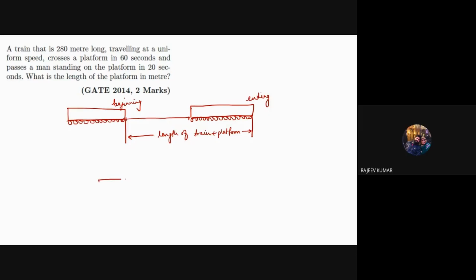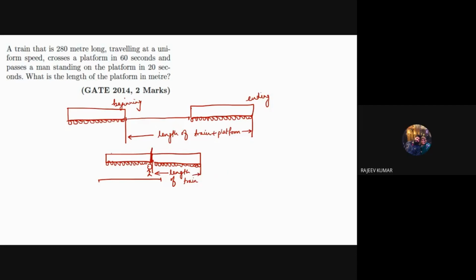Now further, if you talk about the platform only and there is a man standing on the platform, तो यहाँ पर ट्रेन इट विल कवर इट्स एंटायर लेंथ। ये स्टार्टिंग पॉइंट था जब मैन को क्रॉस किया, और एंडिंग पॉइंट पे ट्रेन का एंड होगा। तो बेसिकली इन ऑर्डर टू क्रॉस द मैन, it is covering length of train. बस यही एक कॉन्सेप्ट है जो हमको समझना है यहाँ पर, बाकी तो क्वेश्चन सिंपल है।